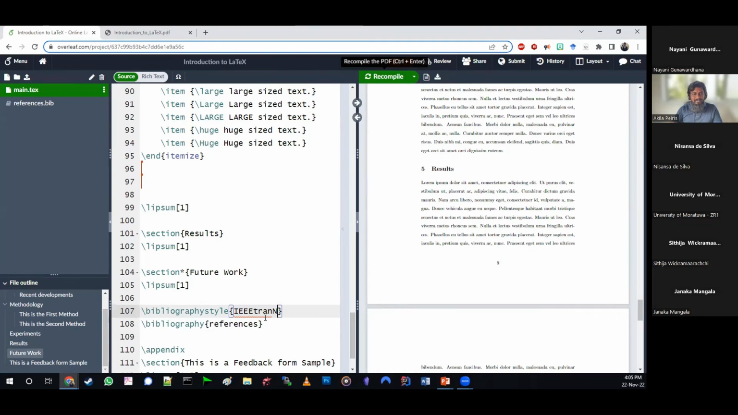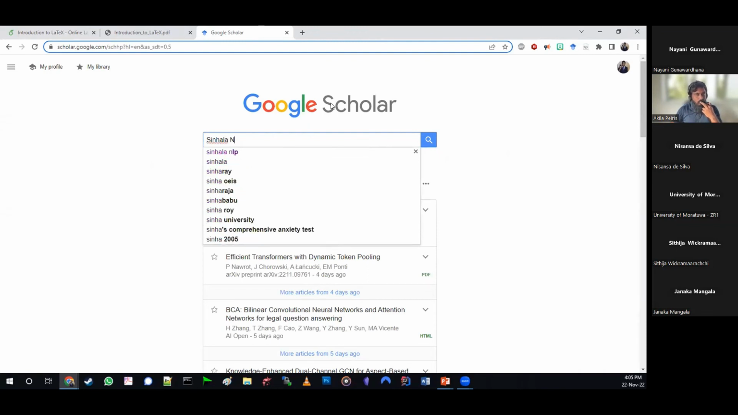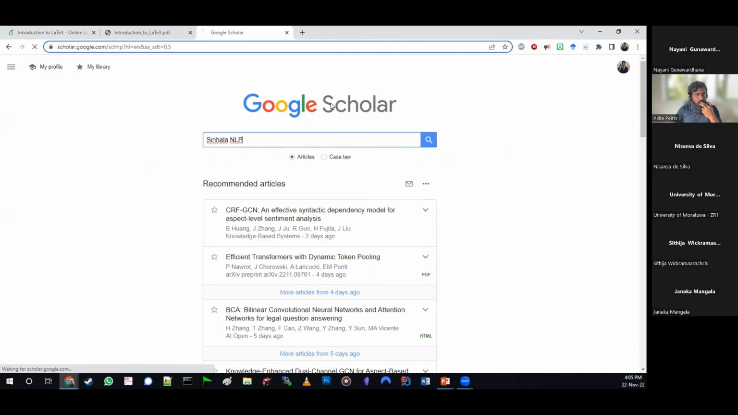Okay, now let's move a bit from LaTeX and see how you would find a good reference, right? How you would find a reference to some paper that you have read. So since I am doing the lecture, I am going to refer to one of my own papers. I hope it is okay. So I am going to search for Sinhala NLP on Google Scholar